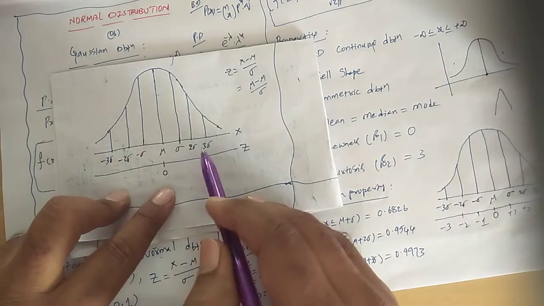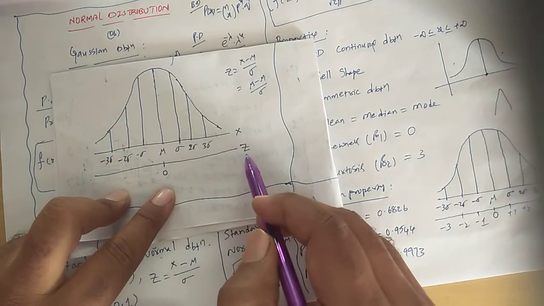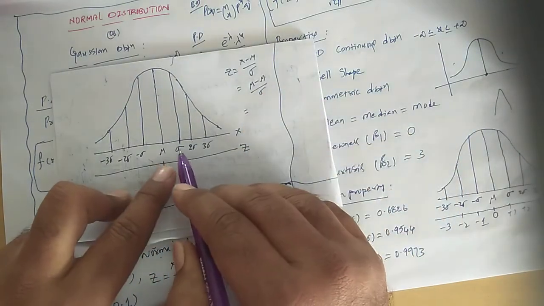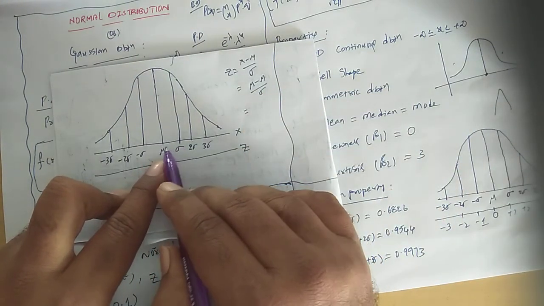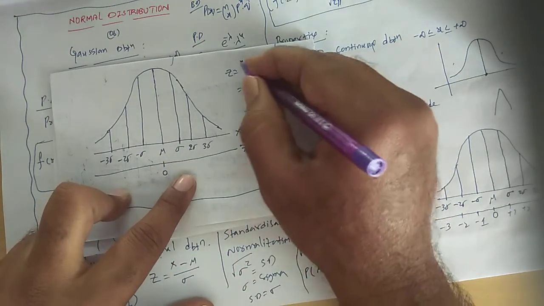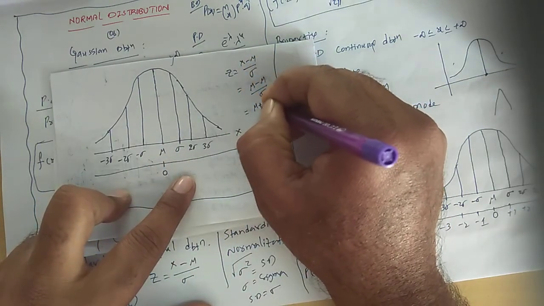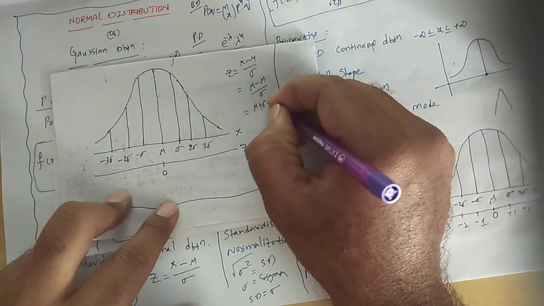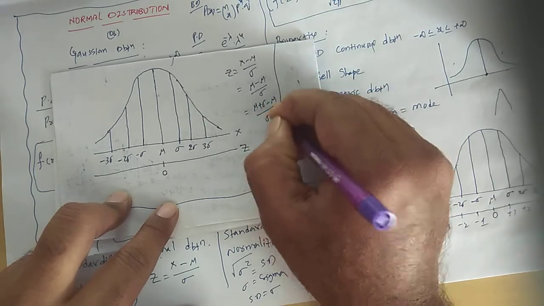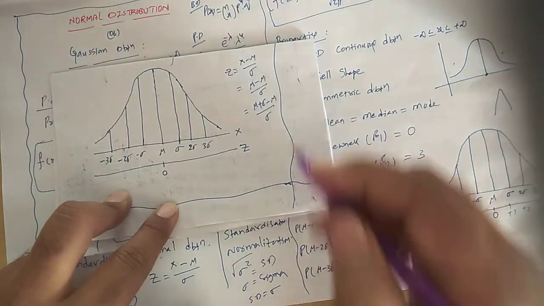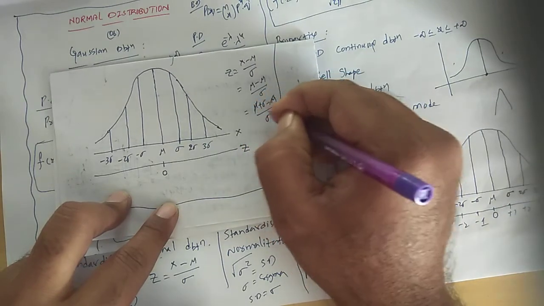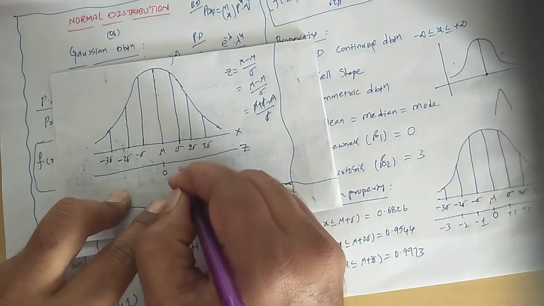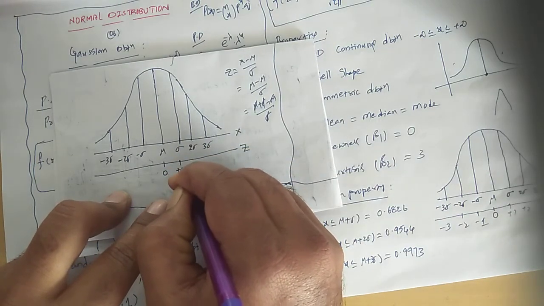Now we find out for the sigma x value what the z value is. So what is the distance here? Mu to sigma, you are adding both. So instead of x what do you get now? Mu plus sigma. Already what is there? Minus mu, by sigma. Okay. Now minus mu plus mu gets cancelled. Sigma sigma gets cancelled. What do you get? 1, positive 1. Here you will get plus 1.